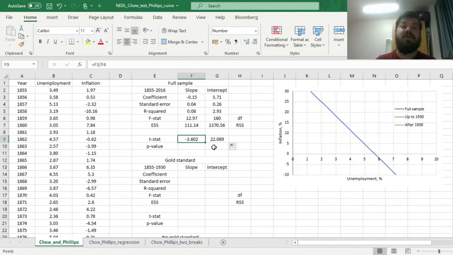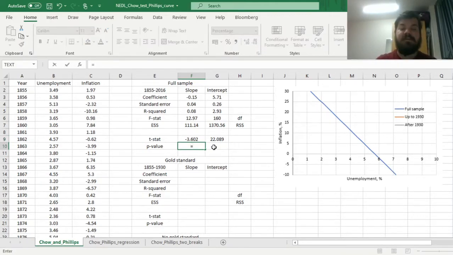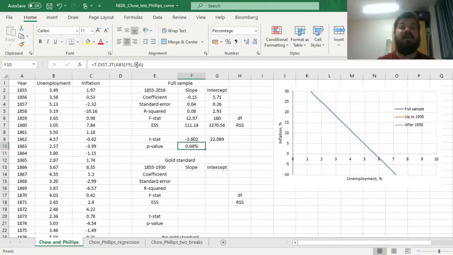It's higher in magnitude than 2, a usual rule of thumb for statistical significance in t-tests, but to be rigorous we need to apply a formal two-tailed t-test, inputting the absolute value of the t-stat and the number of degrees of freedom given by the Linest template over here. And we get a p-value that is much lower than 1%, quite close to zero, meaning that the relationship between inflation and unemployment on the whole sample is indeed statistically significant and negative, just as Phillips himself suggested. And the intercept is also significant, meaning that there would be a non-negligible natural rate of unemployment if the inflation rate